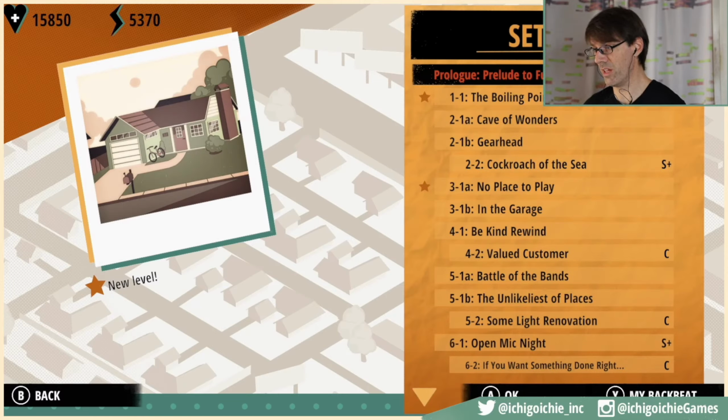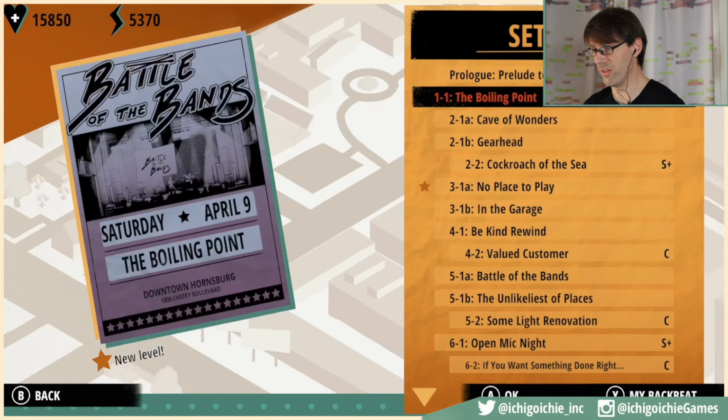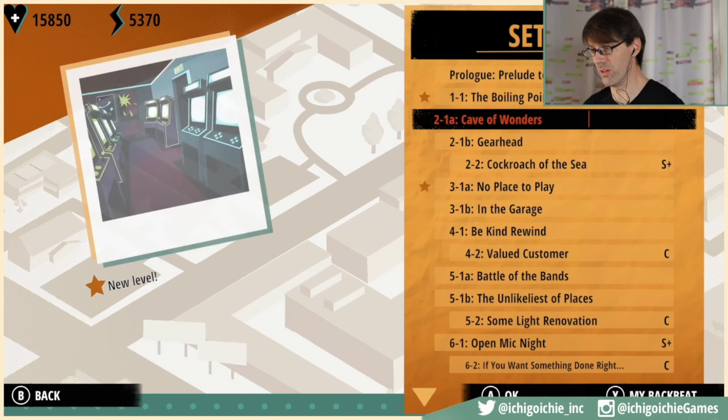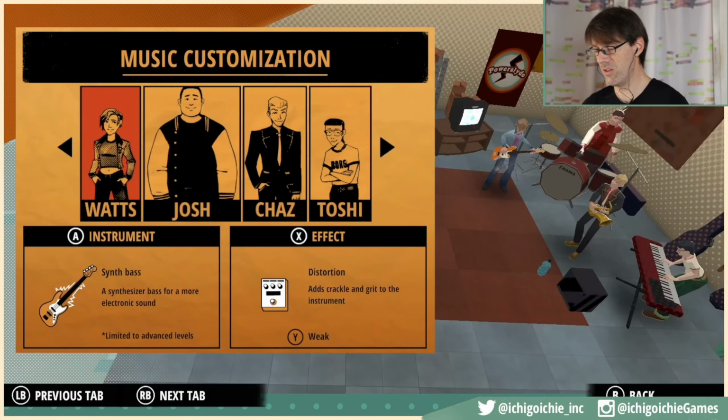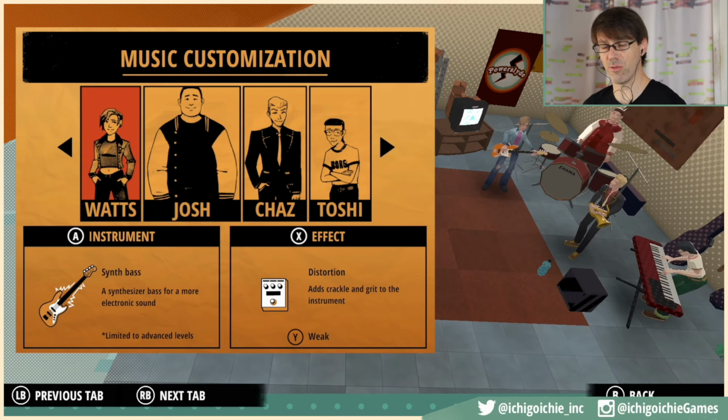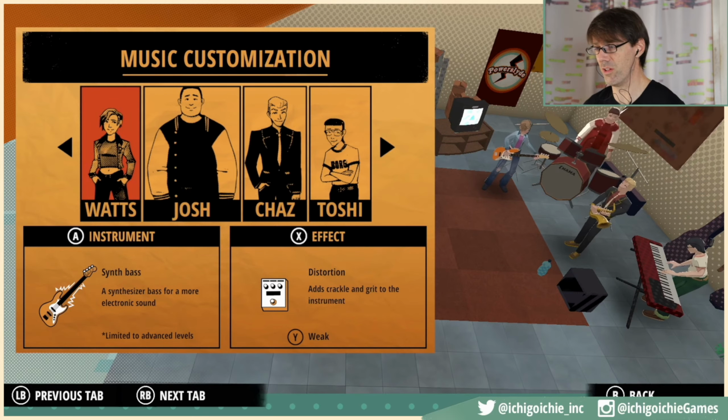You've got a list of the different levels in the game built up on this paper with a crinkled texture on top of it, and these Polaroids of the different locations that you're going to visit in each one of the levels. We're going to hop into the My Backbeat menu real quick. And here you can see what we're working on, which is the place inside of the game where you get to customize the characters in terms of the visuals, the sound, and the music they create, and also check your stats and achievements and what badges you've unlocked.